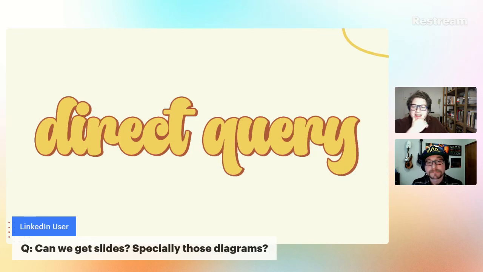I expected this one. Can we get the slides, specifically those diagrams? So James, you've got something set up for us to share out. Yep. Do you maybe want to include the link to that GitHub repo? We don't have a repo yet. I created a GitHub org for us. It's called TheDrillDown. So if people want to watch that space for a repo to show up,